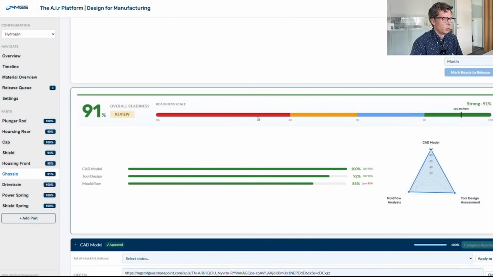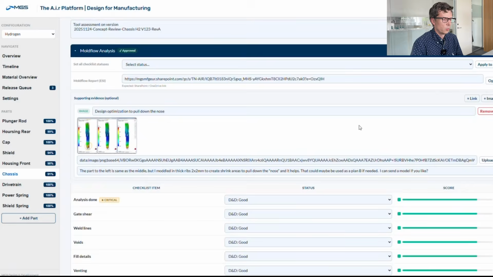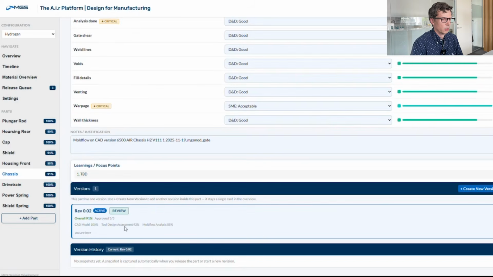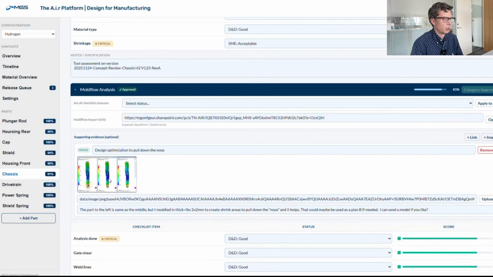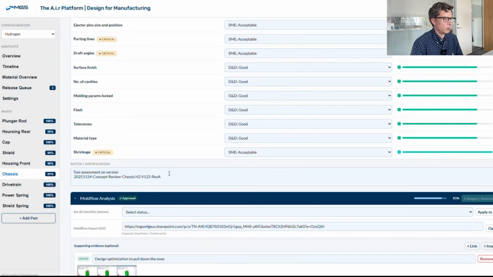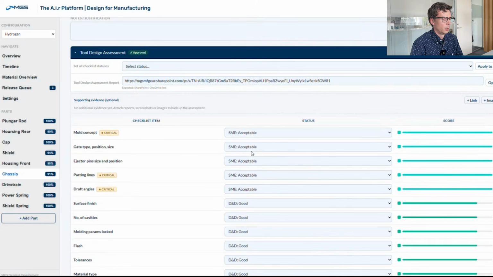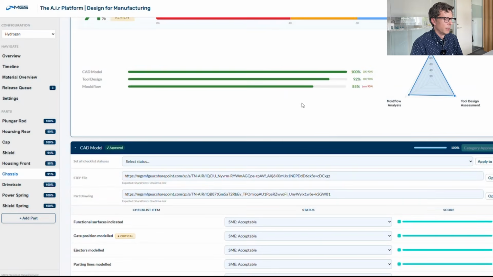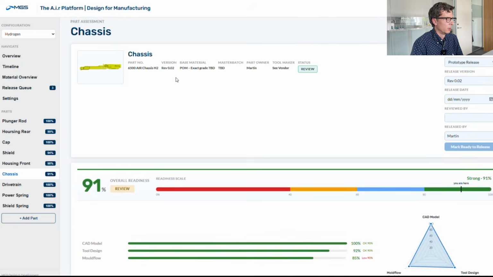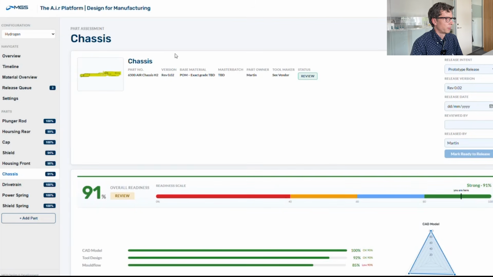And when you've done the release and you need to go further to the next iteration, you can create a new version of the part, and all the documentation related to that part is still in the program or in the analysis. So this is a very simple tool, but it's more to mention that